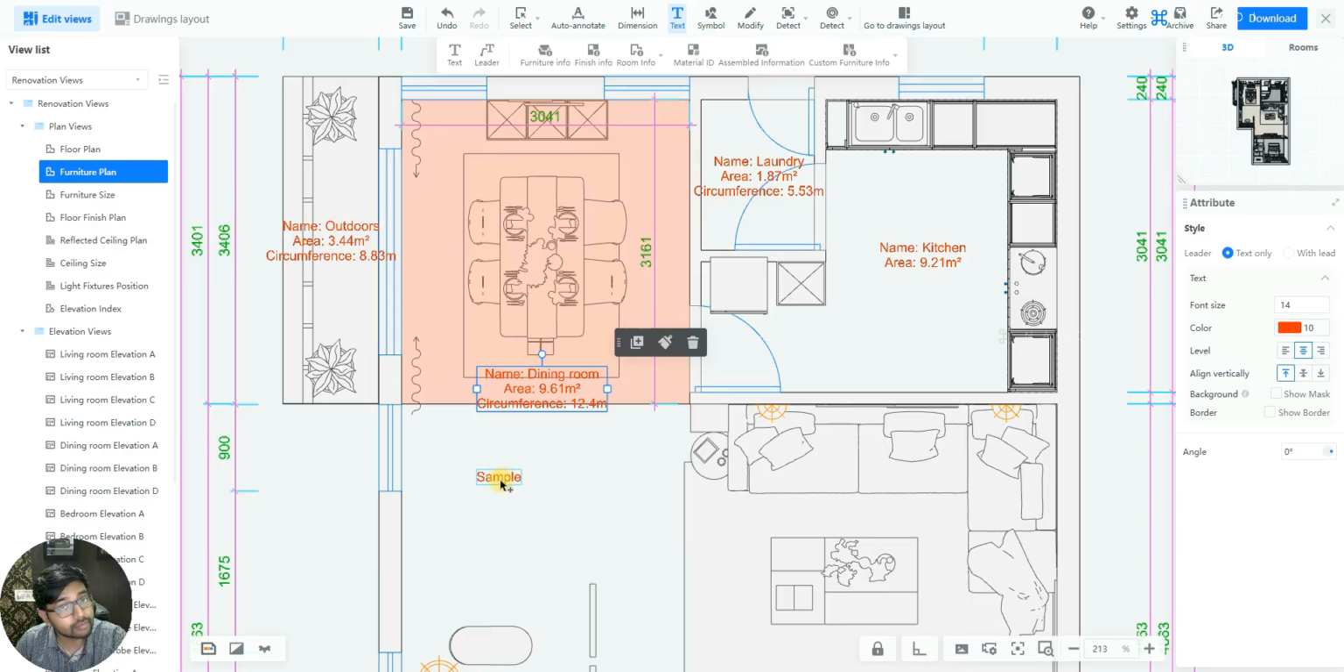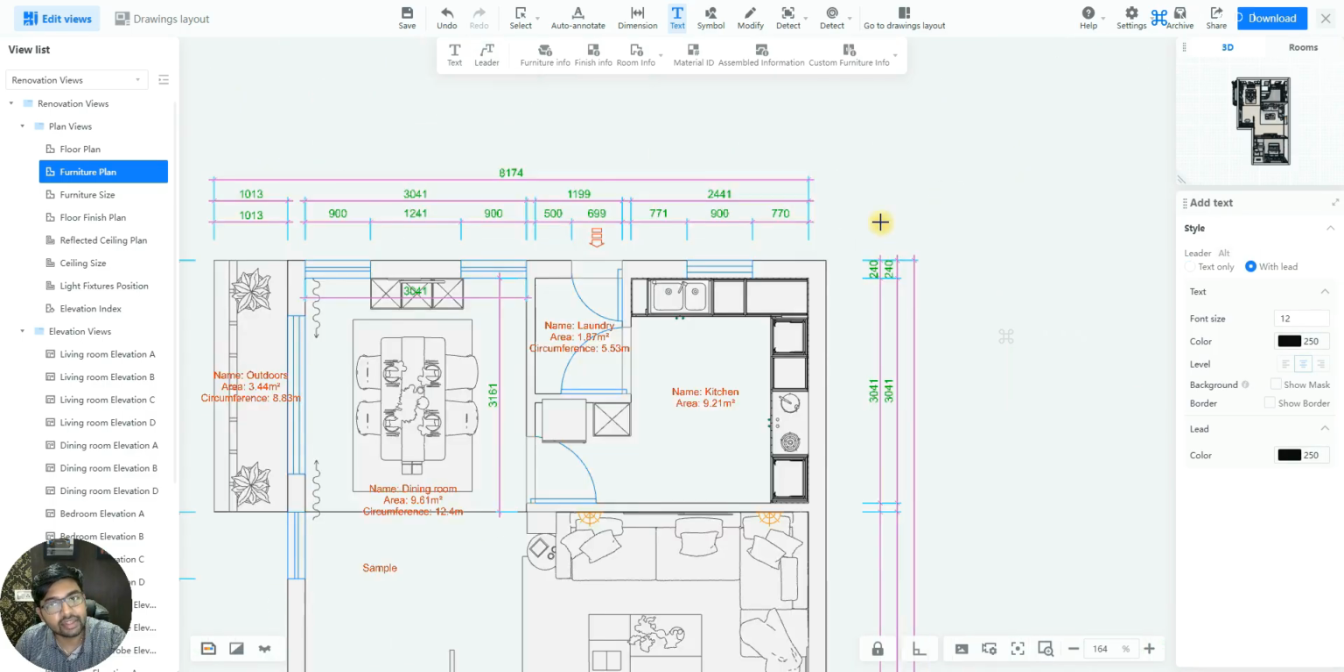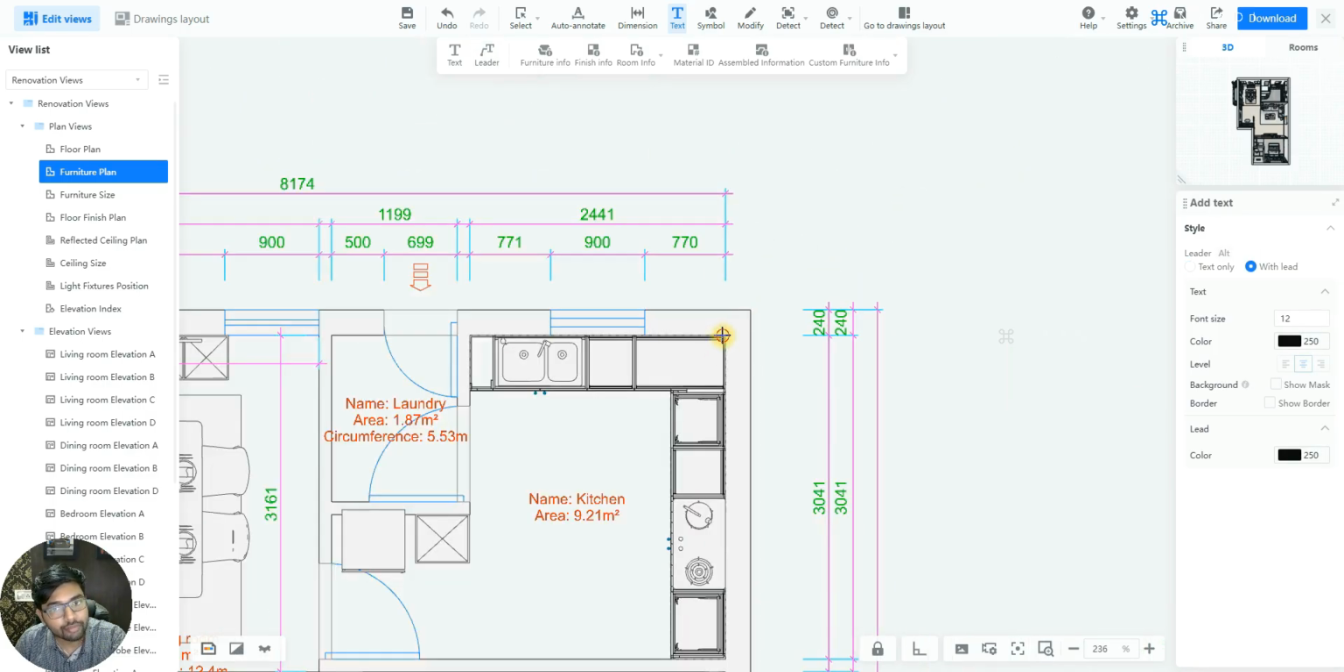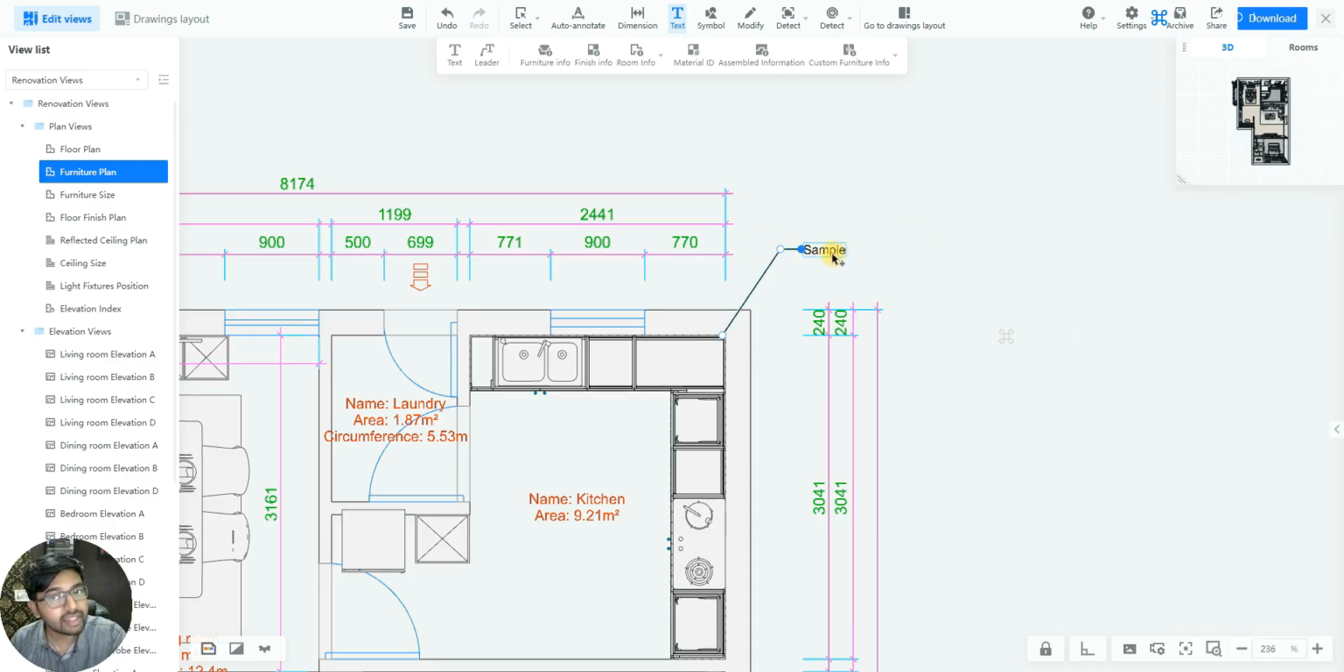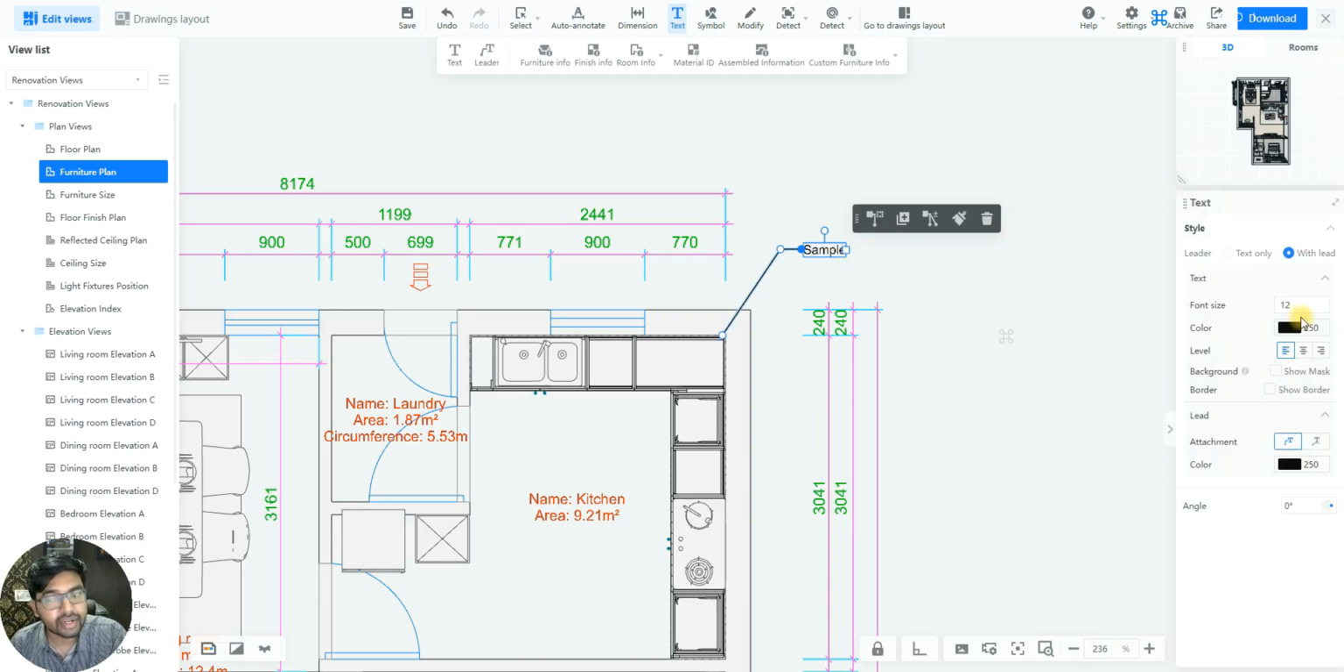What if you want to add a leader? Same thing, right next to the text here you have something called leader, right? Click it and select the pick point here and tag in your leader point. And now I can just type in the text, click anywhere outside the text box and your leader is added. And now if I just select this leader, on the right hand side it will show you its properties